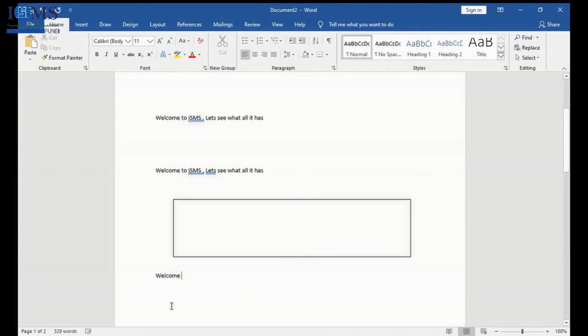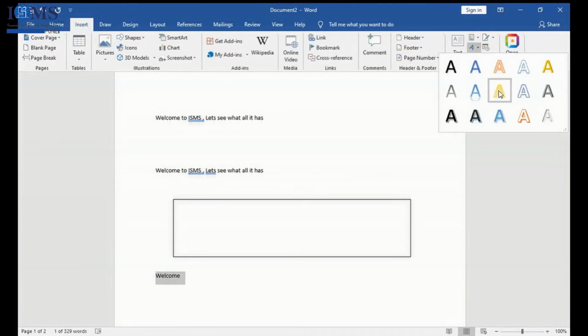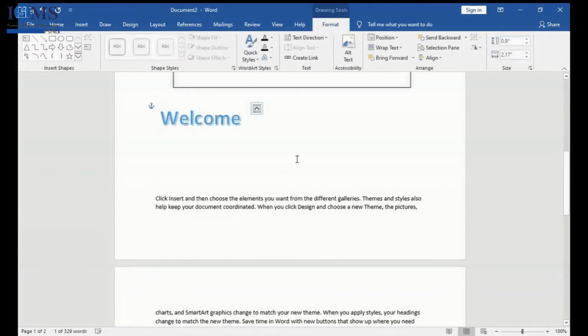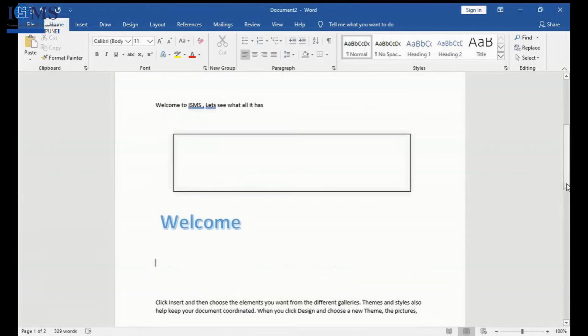Now it has appeared in the normal way. Suppose I want to give something other. See, it has changed. Have you got the difference between these two?